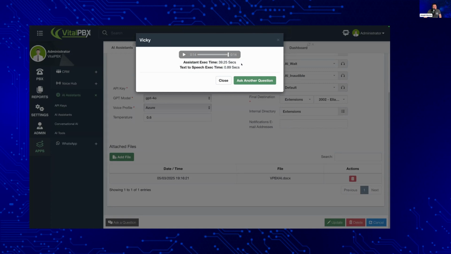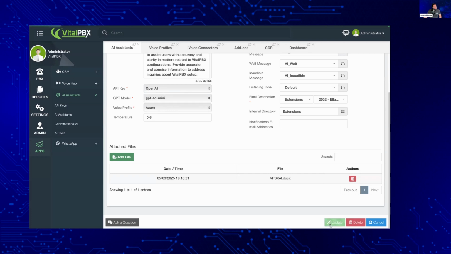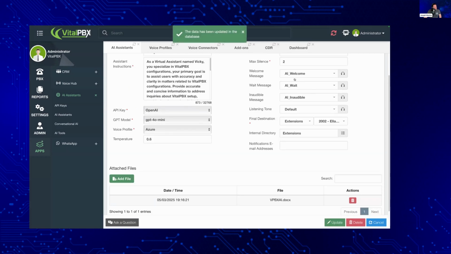So this was the time that it took to generate the response, and this was then the text to speech execution time. So you can see this is actually a little bit big, so maybe I would like to change it to GPT-4o mini, for example,